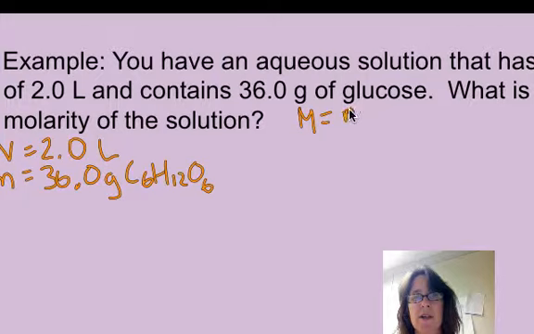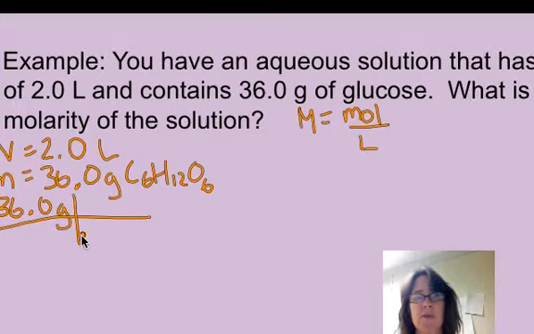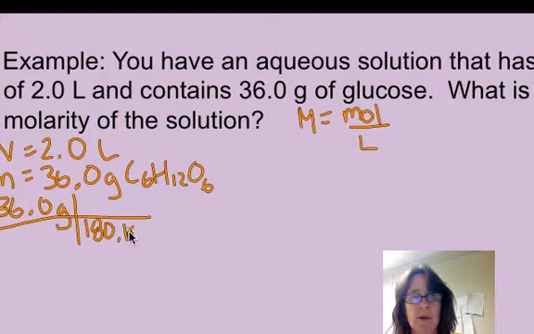So remember that molarity is moles divided by liters. So we're going to have to take this 36 grams and put it into moles before we can go on. So right now I would like you to pause the podcast, find the molar mass of glucose, convert the 36 grams into moles, and then plug in the moles and the liters and solve for the molarity. So pause now and do that work, and then you can restart the podcast and see how you did. Okay, so hopefully for the molar mass you got 180.18 grams for glucose,